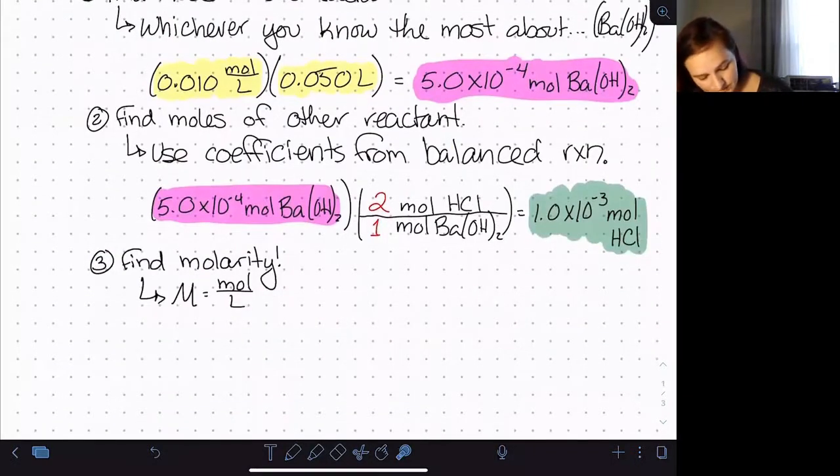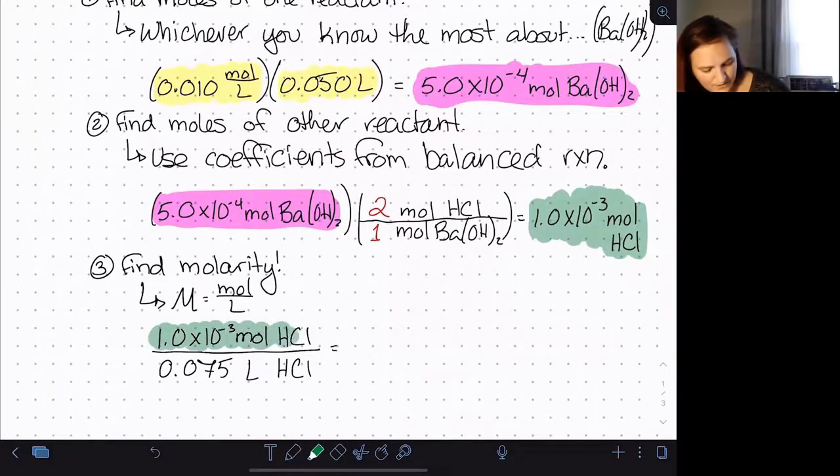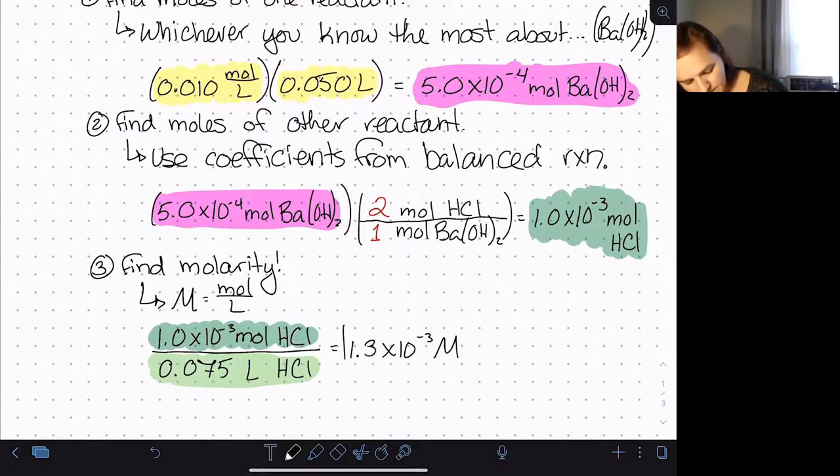So our molarity is just going to be moles divided by our volume in liters. So it was 75 milliliters, which is 0.075 liters of that solution. So we have this value that we just calculated, this value from earlier in the given information, is going to be 1.3 times 10 to the minus third molar